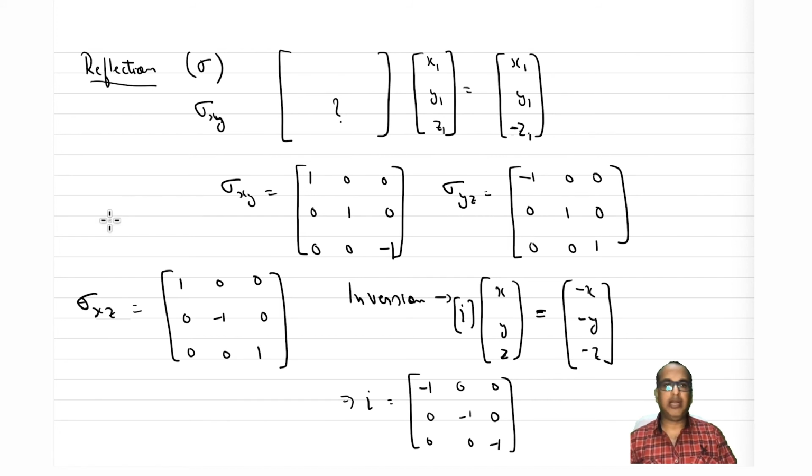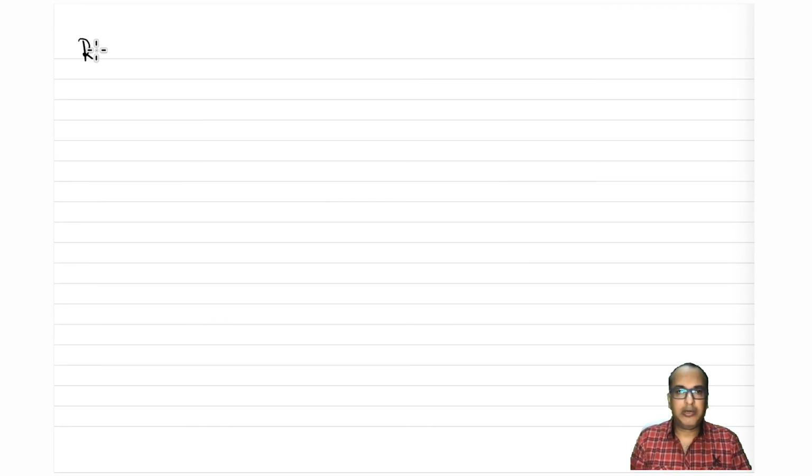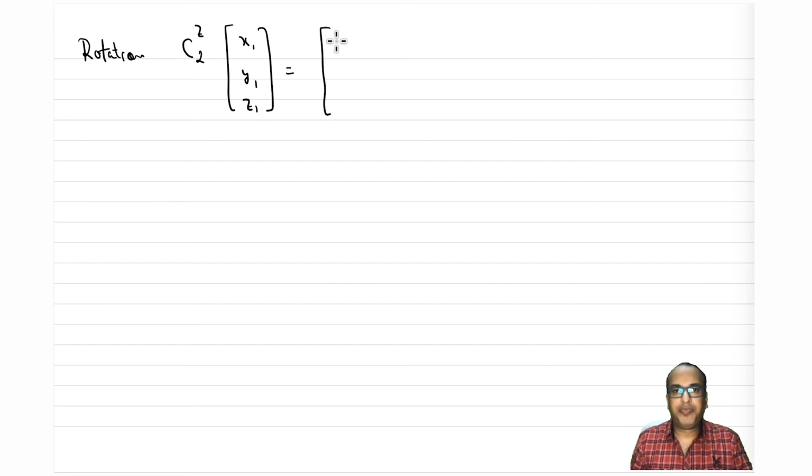This should also be very clear. There is no confusion in this, right? So now let us look at where we need to do some calculations for rotation. Let's consider C2Z rotation, where Z is collinear because it will be easier to see. So C2Z rotation on x1, y1, z1 gives rise to, so now x1 will move to x2, y1 will move to y2, z1 will remain at z1.